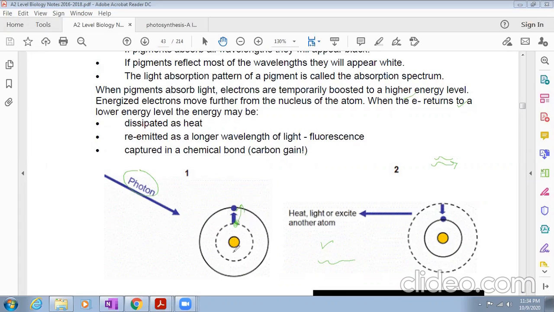This is actually chlorophyll A. So when light falls on that, the electron will get excited. That electron moves to a higher energy level, and then when it comes back, it will lose energy in the form of light or heat. Okay, now